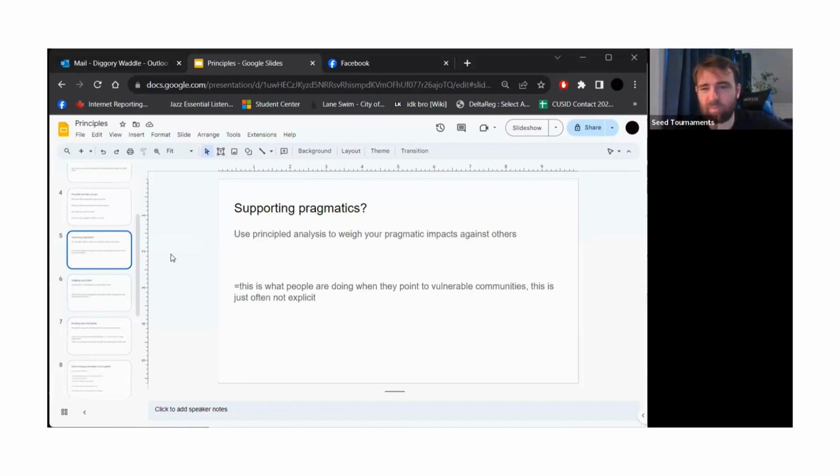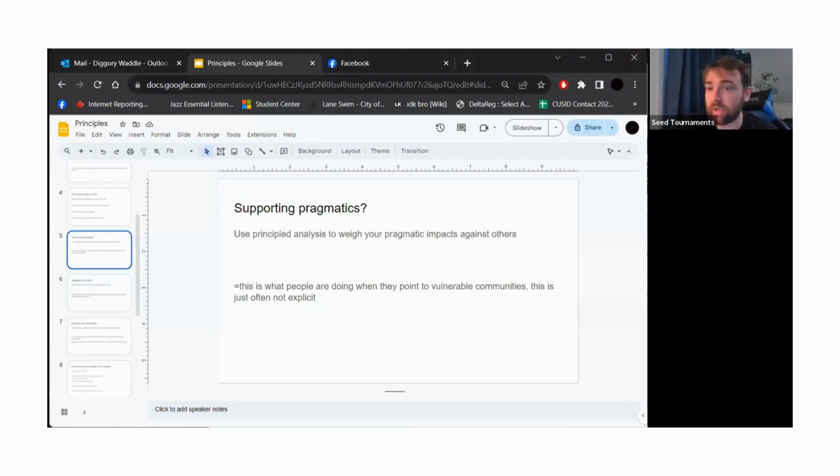Why does that matter, right? We might ask ourselves that question. And a lot of the time, teams stop when they're impacting their case. They just say, we impact this vulnerable group, and then they stop talking as if that was sufficient. And a lot of judges will think that is, but we can make our case seem a lot better by also going the extra mile and explaining, well, structurally,